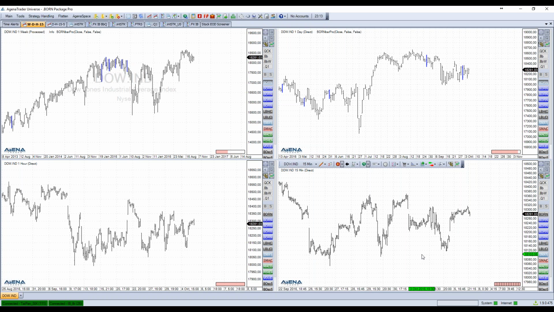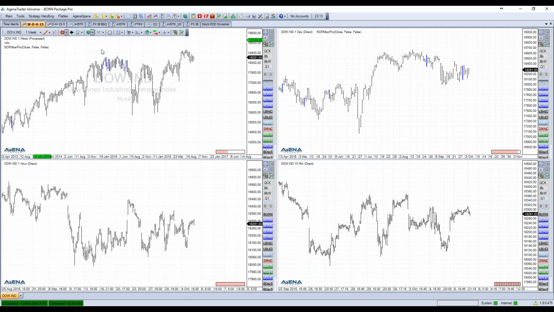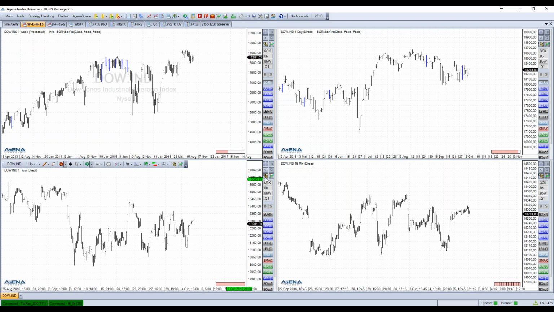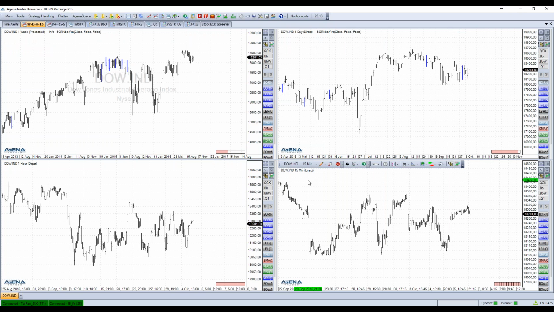So I'm using this one, and normally for a longer time frame, if I'm trading longer time frames, I have, for example, a weekly chart, a daily chart, an hourly chart, and a 15-minute chart. This is my setup, for example, when trading stocks. I like trading stocks. The stock market is really, really good,